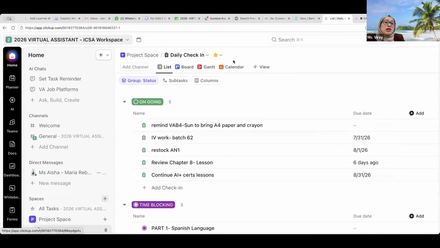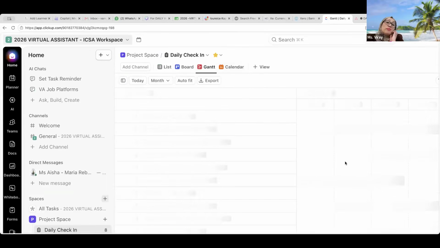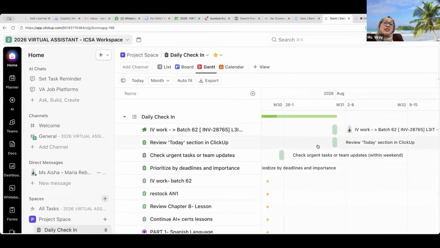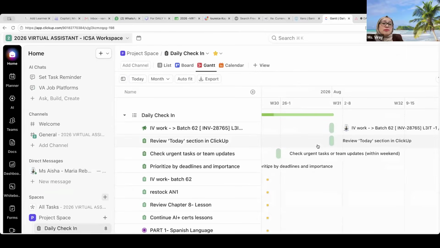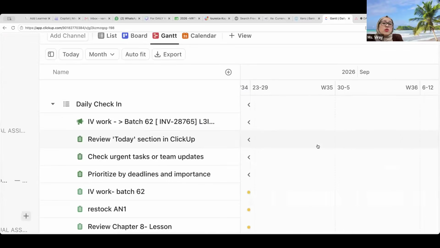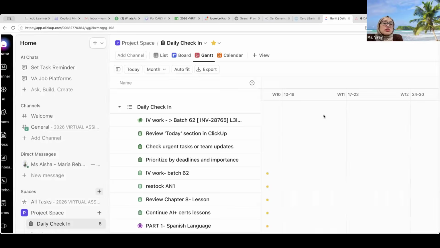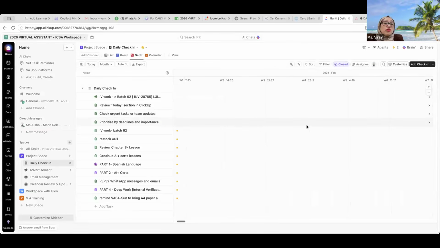So when you take a look at my Gantt chart, it's going to show me the progress. You can see it here now. See, you can see week 1, week 2. That's how you will use the Gantt chart. It will show you the calendar and how much you have finished so far according to the date.